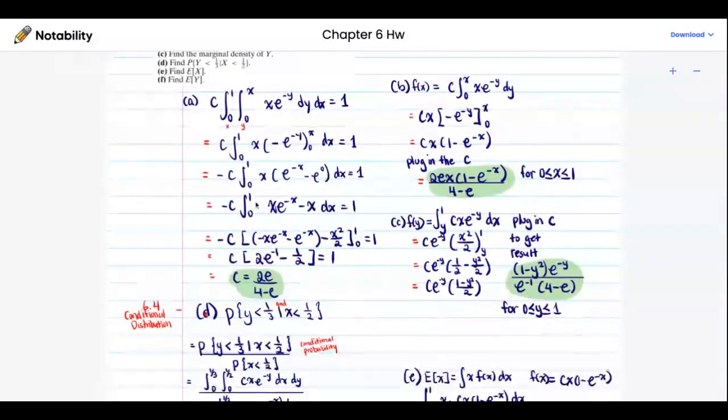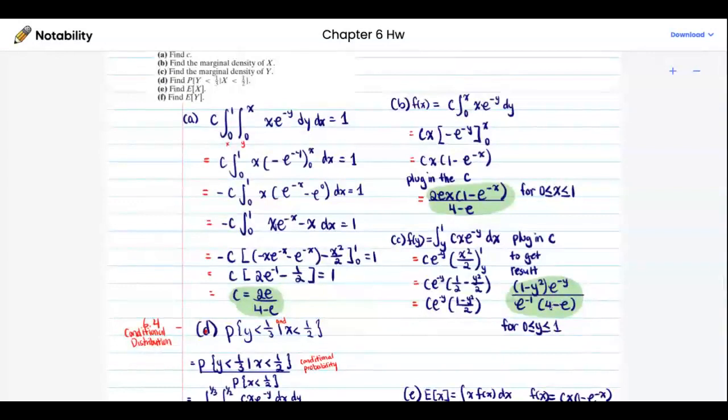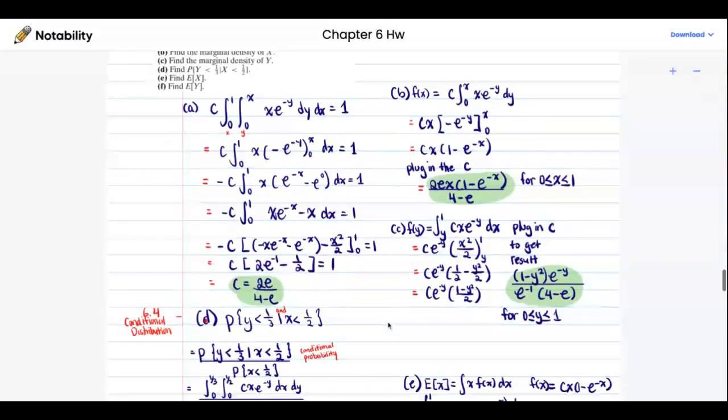Since you have this as a fraction, my suggestion for next time is to move e to the negative y to the denominator to be e to the y, then move e to the negative 1 up in the numerator to be e. Right? Yeah. Okay. And then for part D,